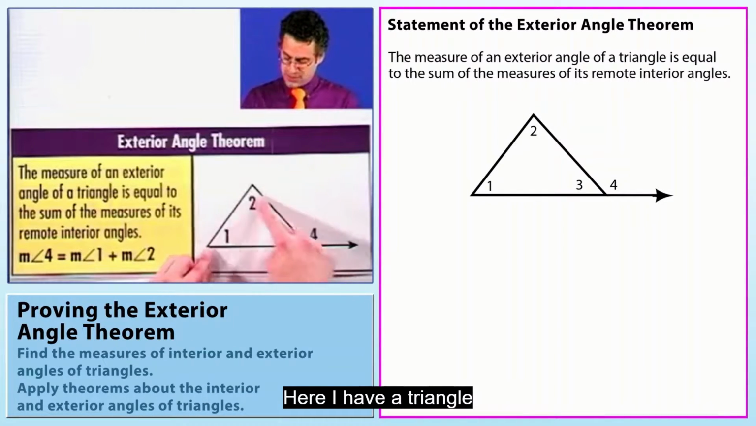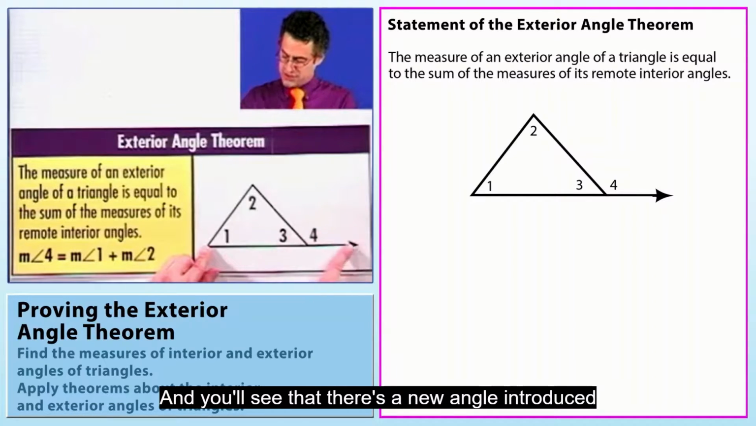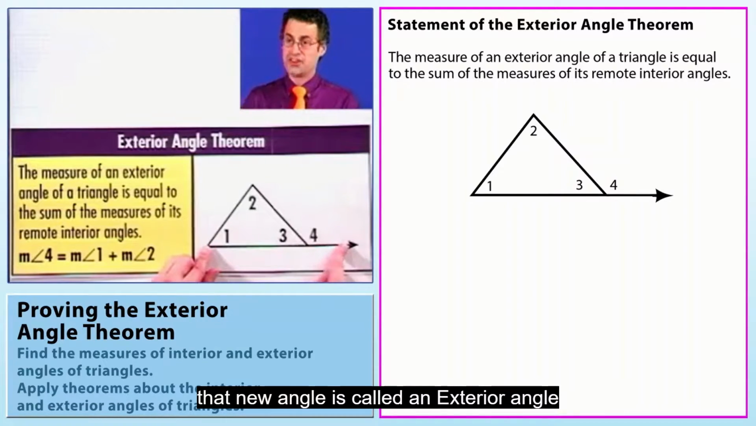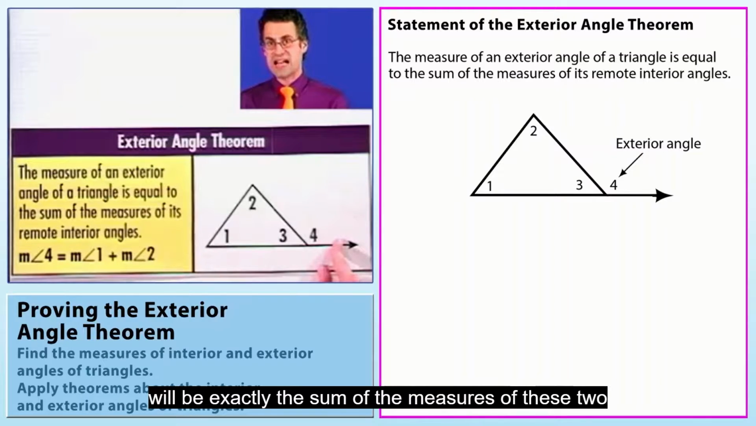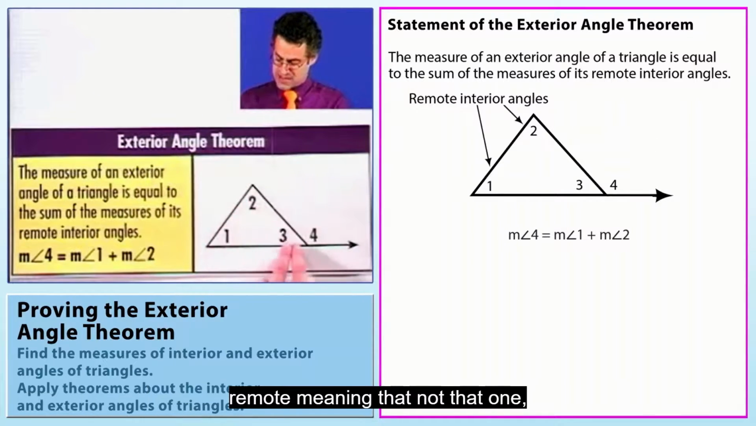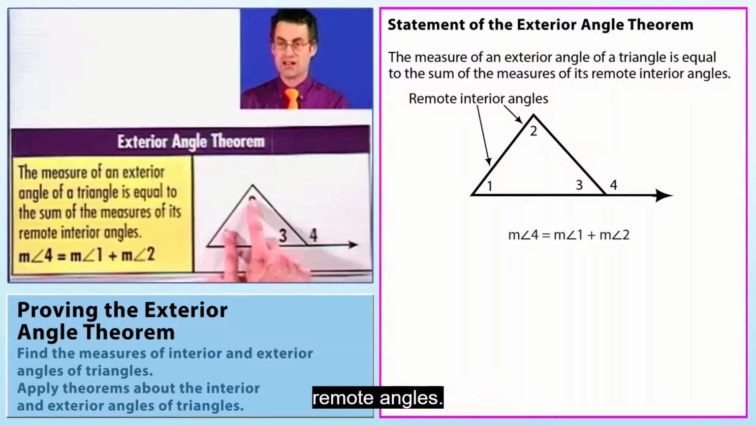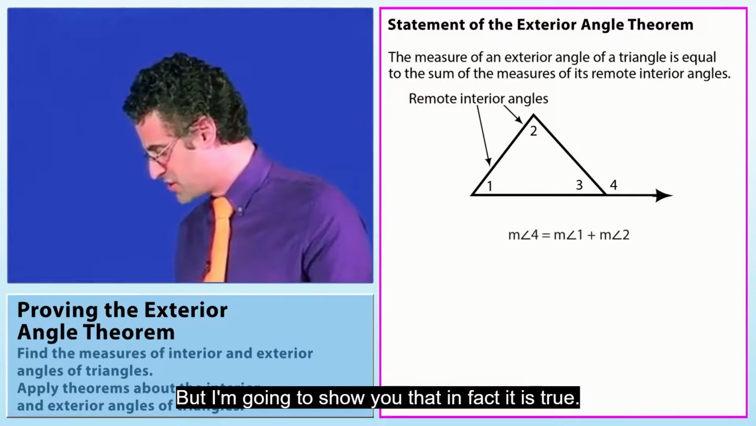Here I have a triangle, and all I did was extend one of the sides way out with an extra ray. And you'll see that there's a new angle introduced. That new angle is called an exterior angle. And the exterior angle theorem says that the measure of that angle will be exactly the sum of the measures of these two remote angles, meaning not that one. Pretty neat theorem, and in fact, you might not even believe it, but I'm going to show you that in